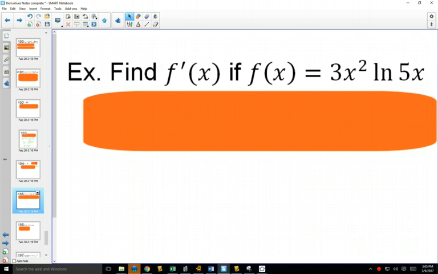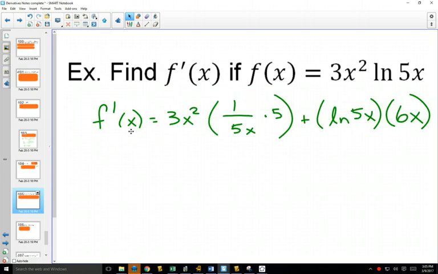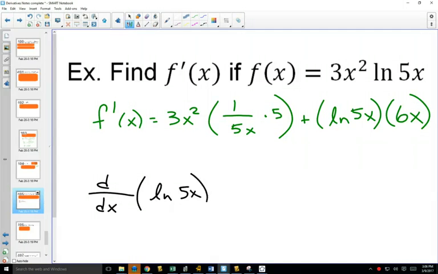I'll put up the answer for this one. Did you see the product rule? Did you see the chain rule in the natural log of 5x? Because you've got a 5x, that's your inside function, inside the natural log. What happens with the 5 and the 5x? That's what I think makes this one so interesting. They cancel out, right? And you just get that the derivative d dx of the natural log of 5x is equal to 1 over x, which is the same